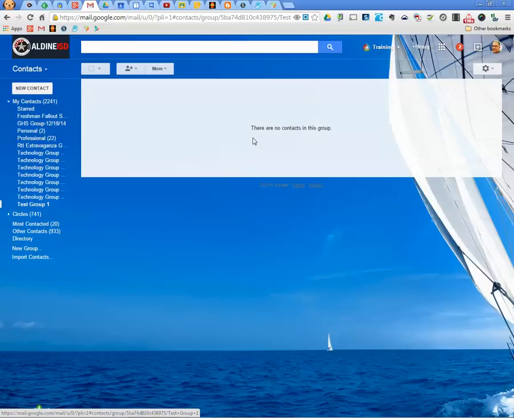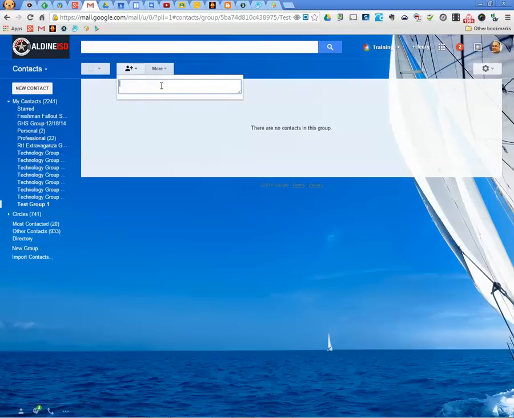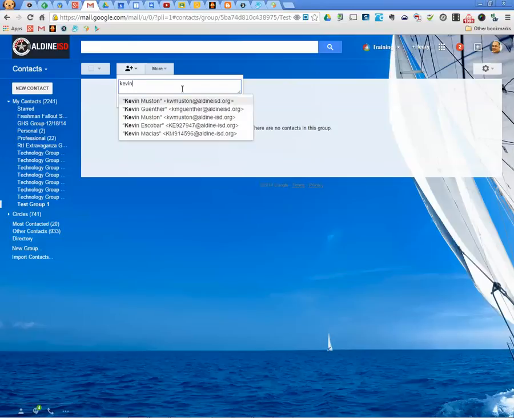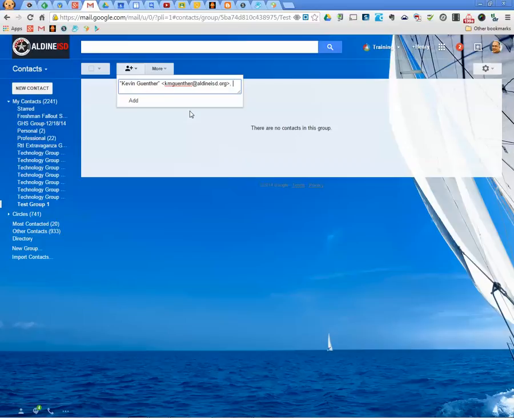There are actually two ways to go about adding people to your group. The first one is the easiest, being the plus sign up here by the little guy up here. When you click on that, you'll be able to start typing in people's names, and I'll just throw in a few that I know right offhand. Notice what I'm looking for is accounts that have the aldinisd.org Gmail behind it,